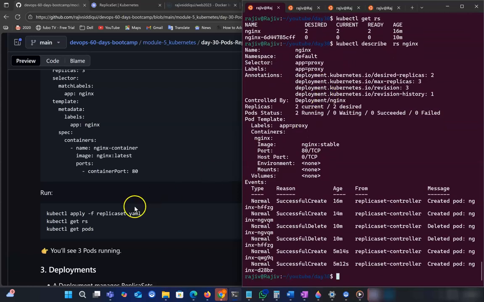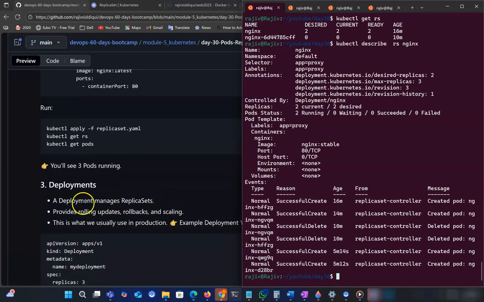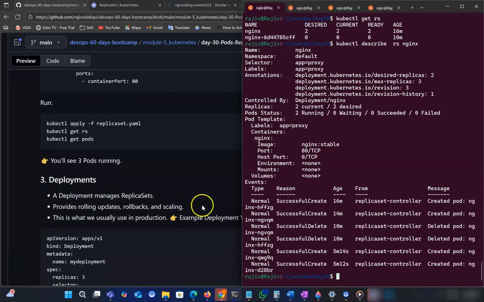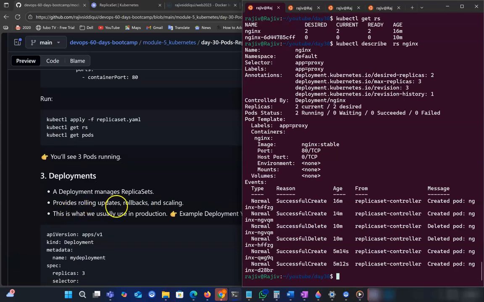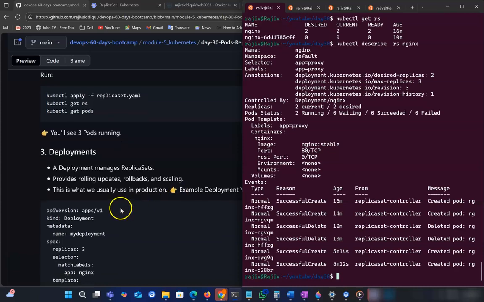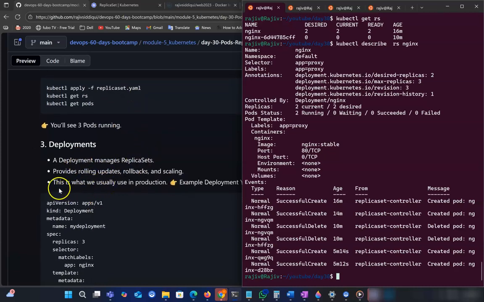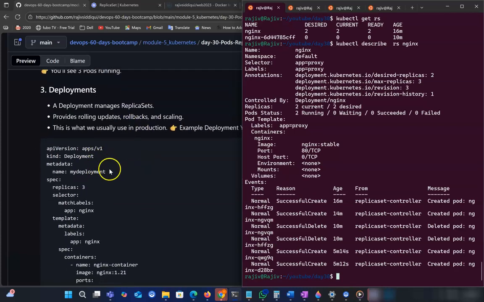Same way we see the pod. Okay, so you can do some hands-on when you practice. In the deployment section, same way, deployment manages replica sets, as I told you before. It provides rolling updates, rollback and scaling. This feature is available in the deployment, which was not available in the replica set. So this is what we usually use in production. I already told that. So when we are in production, we are basically using deployment, and a sample deployment